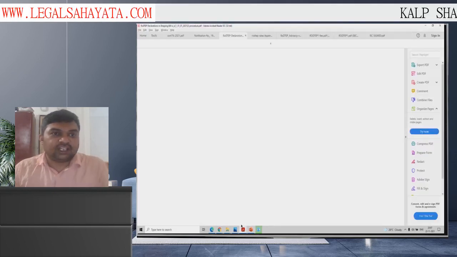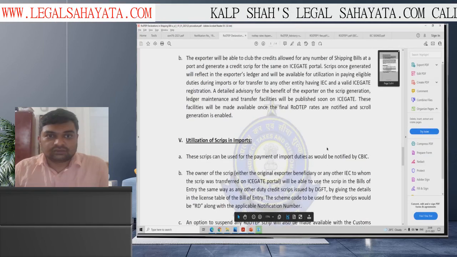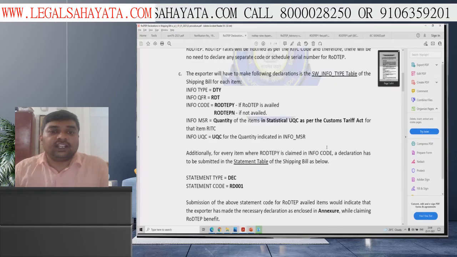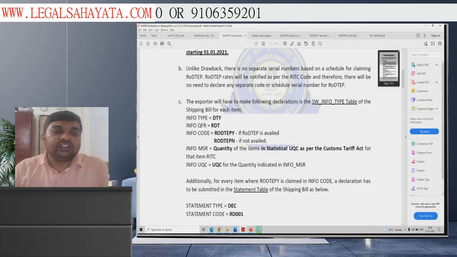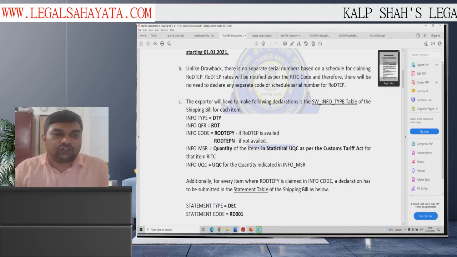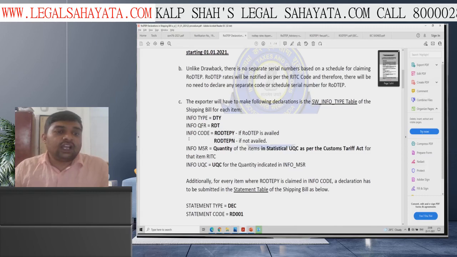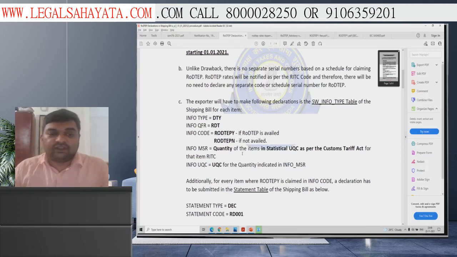Let me show you the declaration for claiming RODTEP benefits. Just mention to your CHA that you want to avail RODTEP, and he will select RODTEP yes in the appropriate column of the shipping bill. In the SW info type table, he will select info type DTY, info QFR RDT, info code RODTEP Y, or RODTEP N if you don't want to avail RODTEP benefits.